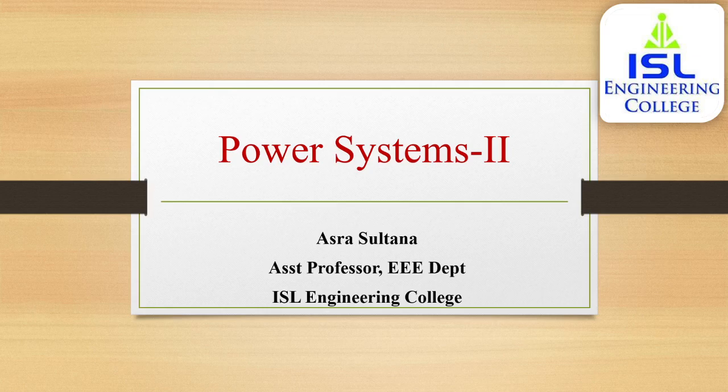Location of reactors. Short circuit current limiting reactors may be connected in series with each generator or in series with each feeder or in bus bars. No definite statement can be given as to which one of the above locations is preferable. Each installation has its own particular demands which must be carefully considered before a choice of reactor location is made.